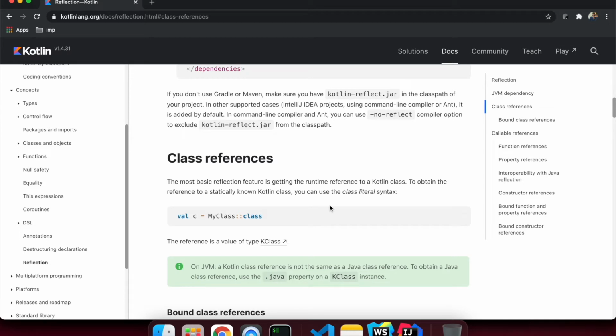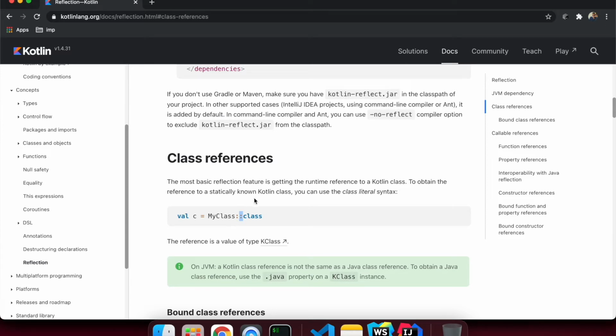So I will show you how we can do that. We have the class reference. Generally we need to use this double colon operator. The most basic reflection feature is getting the runtime reference to a Kotlin class.